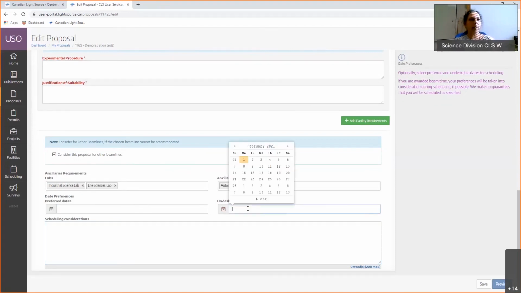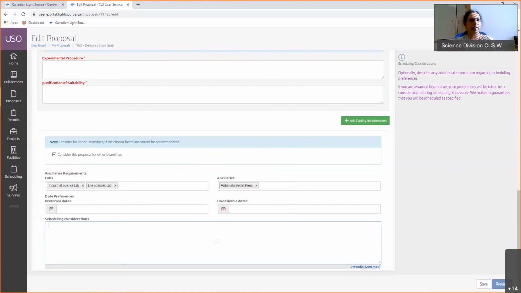And then if you are going on vacation and at that time you cannot come to the CLS for sure, you can put those times and write a description. I'm going on vacation in September, I cannot come, or my samples won't be ready until September. This will come in handy. The beamline responsibles will consider this, but we cannot promise all the time, because there are lots of groups asking for beam time. So we will consider it, but it is not a promise, okay? Again, save it.